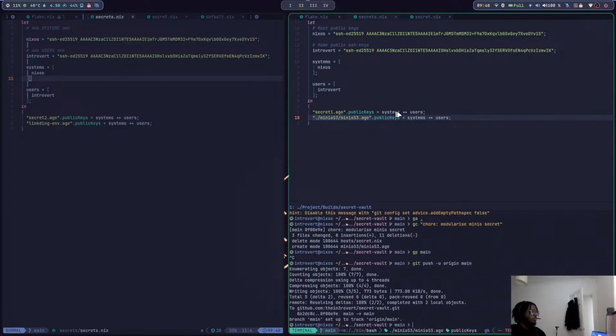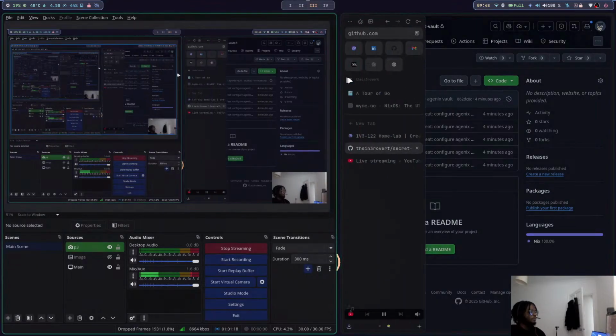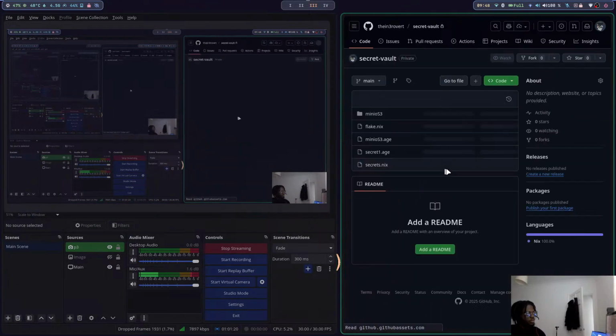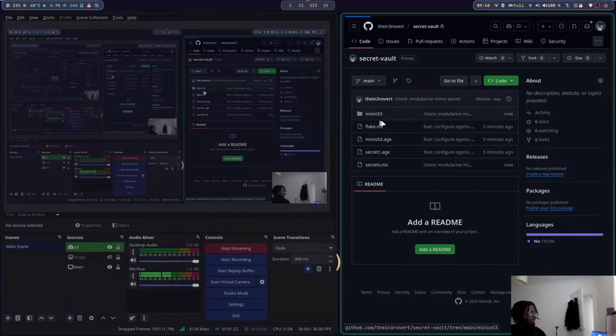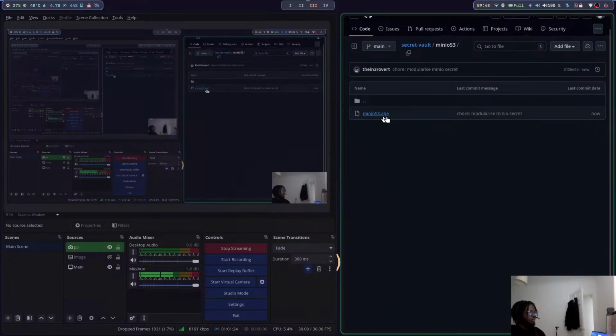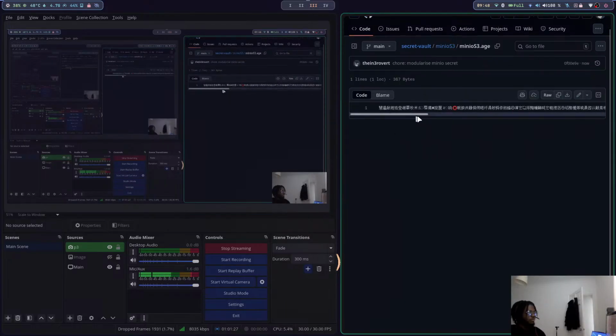There we go. So now if we go back in here and then we refresh, we have our new miner, and then we have the keys, which obviously no one can read,